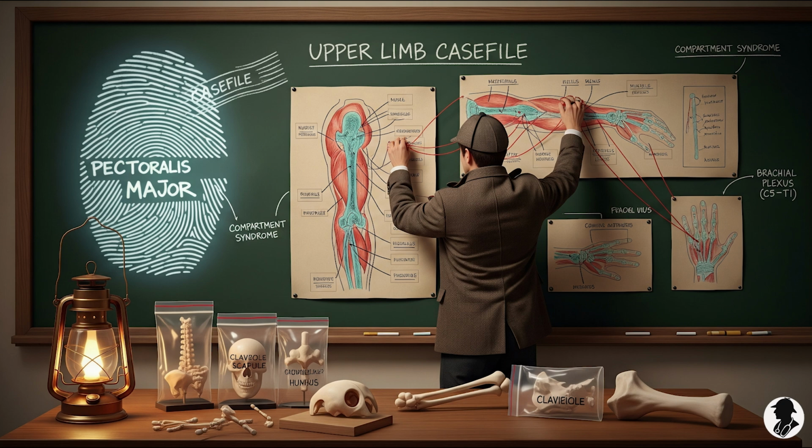elbow. The median nerve is a big one, supplies most of the muscles in the anterior forearm responsible for flexing your wrist and fingers. Plus the thenar muscles controlling your thumb and the first 2 lumbrical muscles in the hand. Very important for hand function. Absolutely. Then the radial nerve, it's the workhorse for the posterior compartments of both the arm and forearm. Think extension, straightening your elbow, wrist, and fingers. And finally, the ulnar nerve. It handles most of the small intrinsic muscles within the hand, crucial for fine motor control, plus 1.5 muscles in